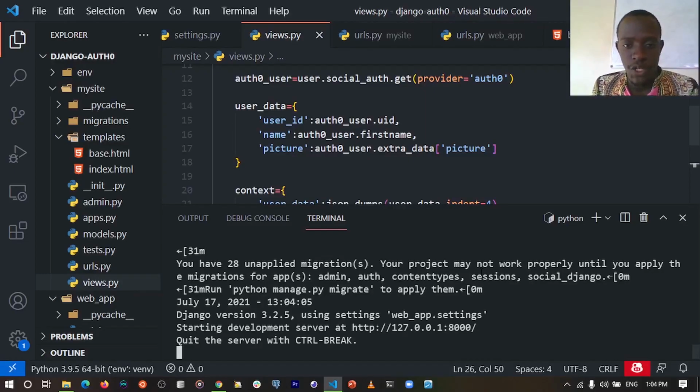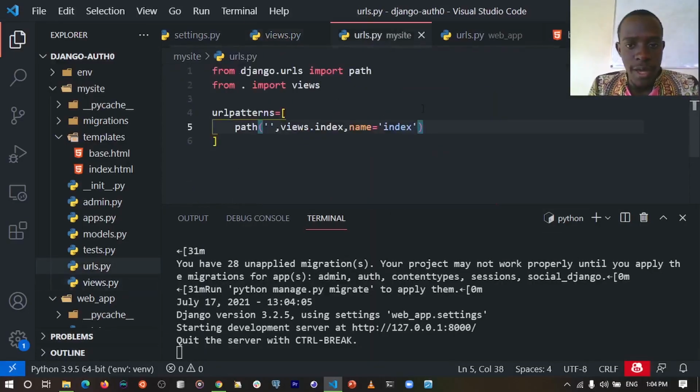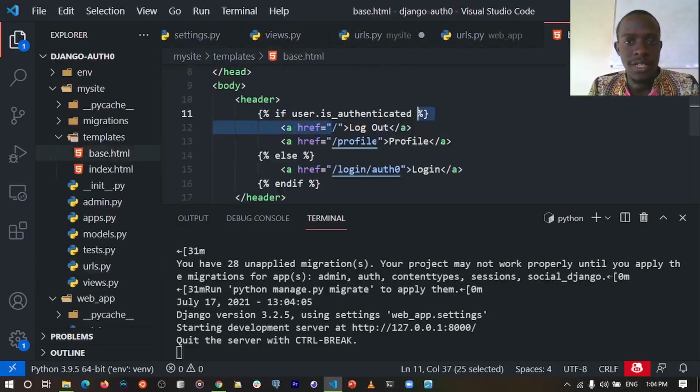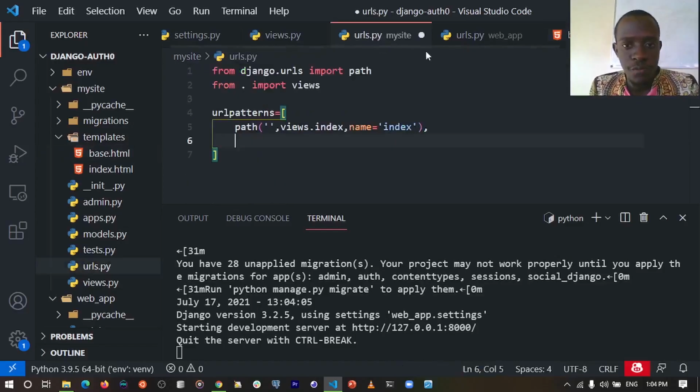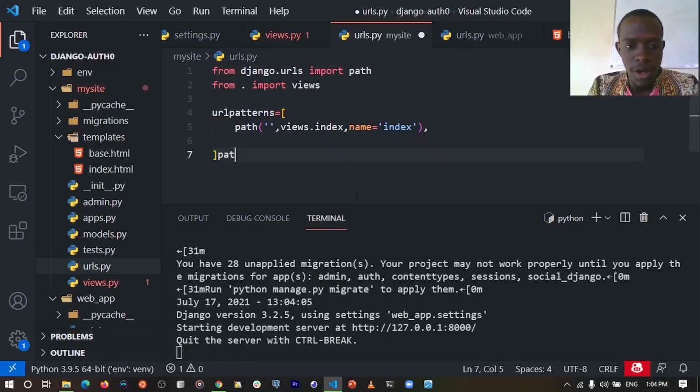URL for this specific user profile view. So I'm going to go to our urls.py and then create another URL. So we specified within our base.html that our profile URL is going to be /profile. So I'm going to go to views, and I mean URLs, and in URLs I'm going to say, sorry for this, I'm going to say path,